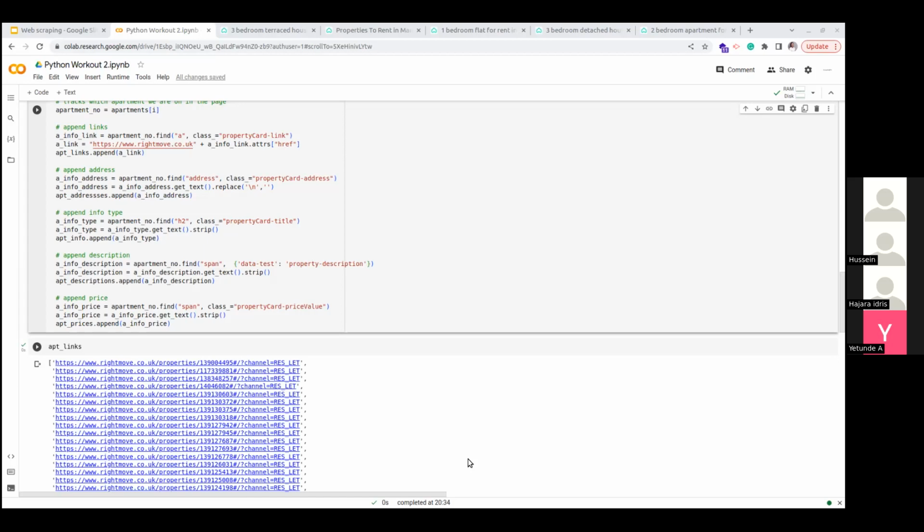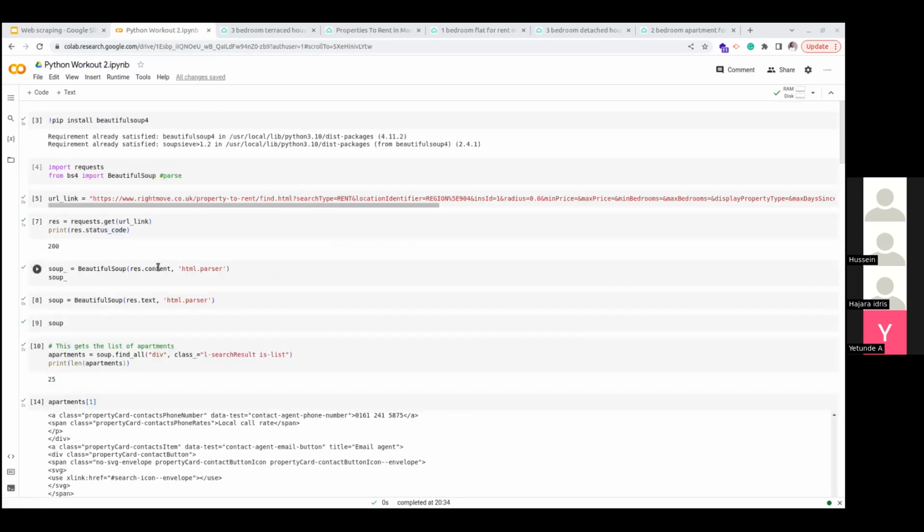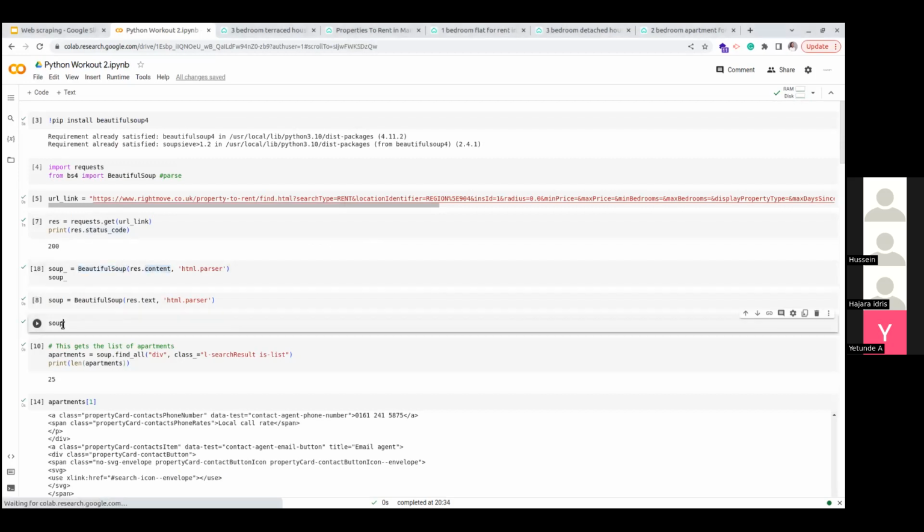So yes, there are some websites where we did soup, where we did request get URL and then we use Beautiful Soup to parse it. By the time you check what soup is, it will return empty to you. So yes, there are some websites you can't scrape. They may have their reasons. They don't want you to have access to their data for some reasons. So yes, it's possible. And when that happens, there's really nothing you can do about it. That's the restriction that they've put, and they will have their reason for it.